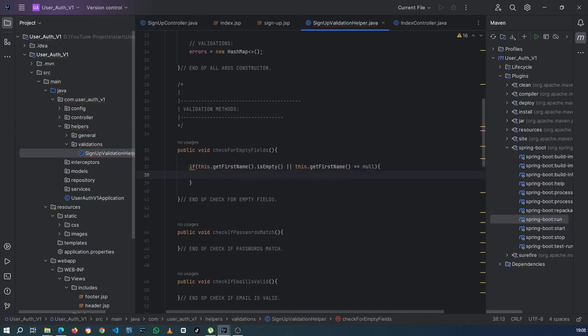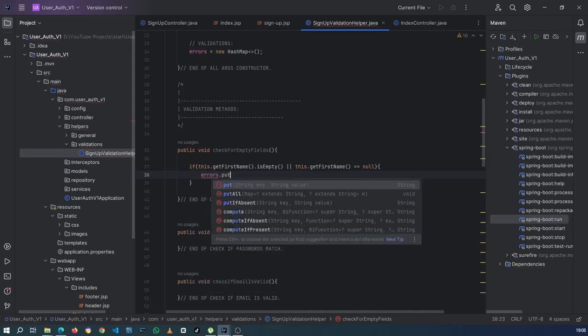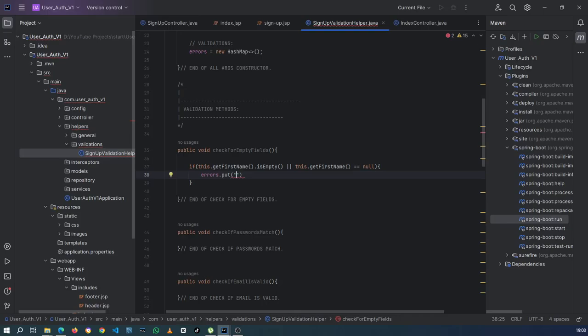So all we have to do is say errors dot put. So the key, I'm gonna name it exactly as the property. So I'm gonna say first name, and then the value is going to be